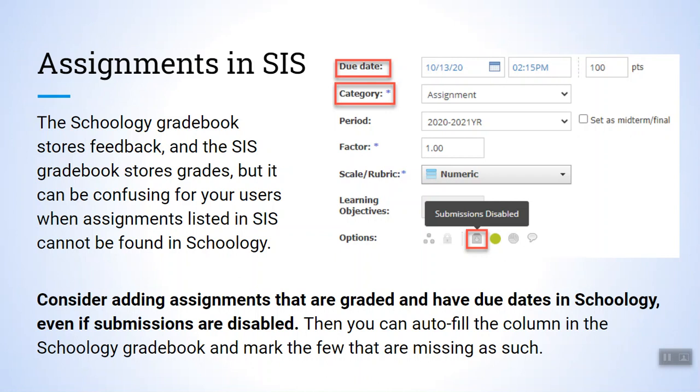If you're taking the active step to mark something missing in SIS, you probably need to also take that active step to mark it missing in Schoology, or at least to make sure that it's showing up as overdue or not turned in on Schoology. That way parents aren't confused when they're comparing the two and trying to help their students stay on top of everything. We know this is a lot and it requires change, so please reach out to us with your questions,